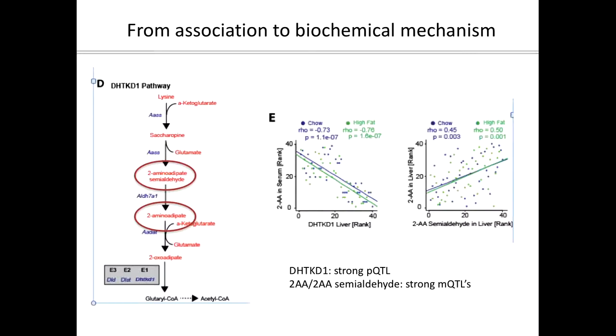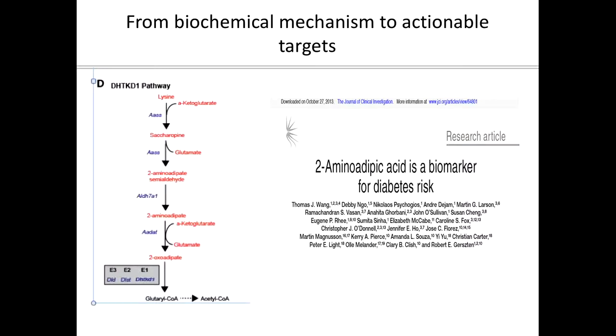So you might say, well, this is interesting, but it turns out that this amino adipic acid, this metabolite over there, is being identified in biomarker studies, in epidemiological studies, as a biomarker for diabetes risk. So basically, what this study makes is a link between a genetic variant and a particular locus, mechanistically linking this to an enzyme abundance perturbation, to a metabolite abundance perturbation, and which constitutes or is associated with the risk of a disease. And more work was carried out, which I don't want to explain here for reasons of time, showed that while these QTL analyses were done in mouse,